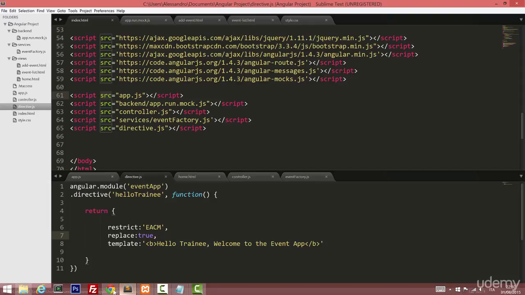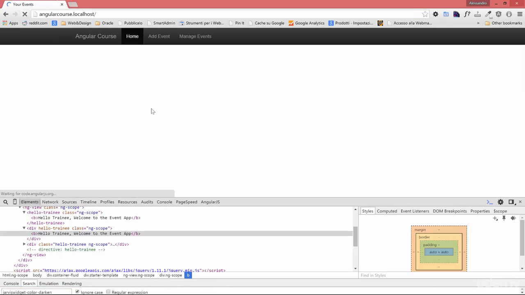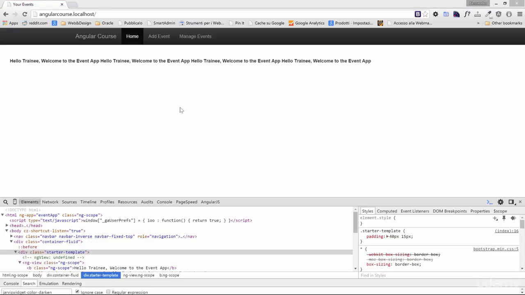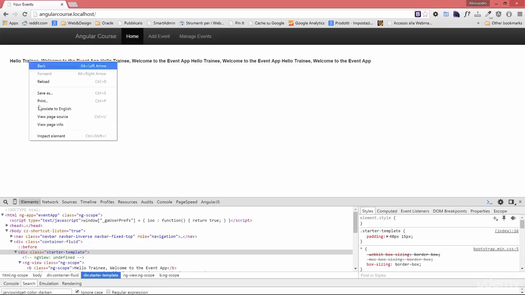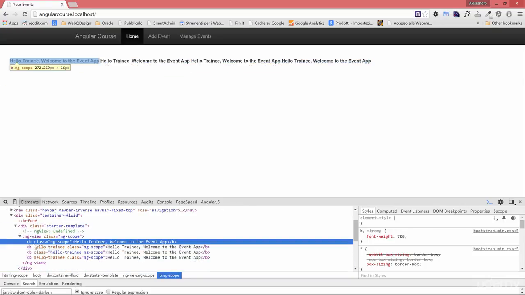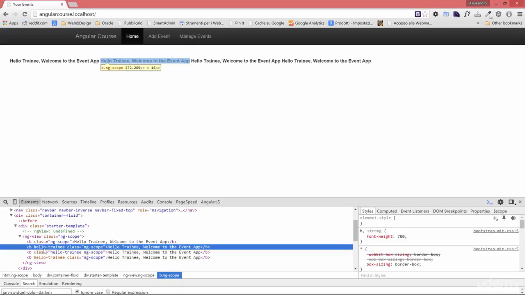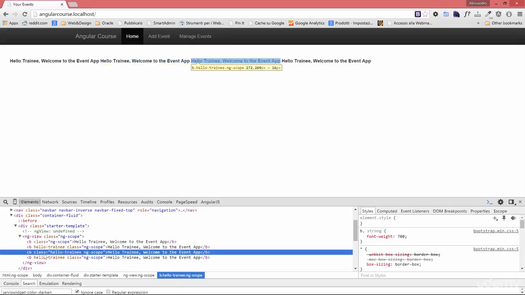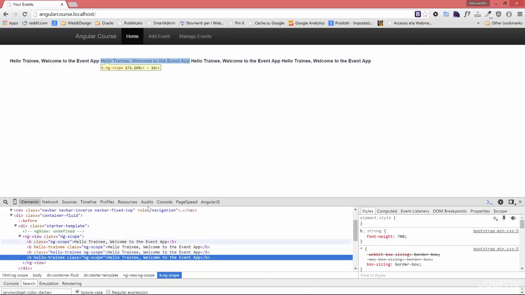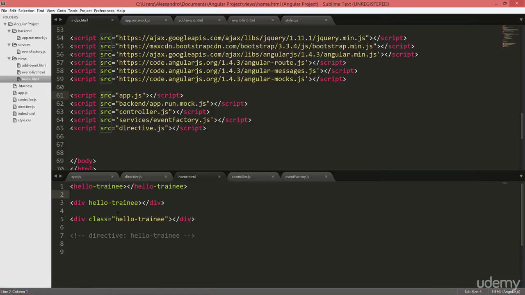So if I save that, this time I'll see also my comment directive because I'm replacing a comment with a proper DOM element. But now my UI is all messed up because, as you can see, we have just a set of bold text. We have the first one, we have the second one with the attribute type, we had the third one with the class directive, and the fourth one which was a comment, but it was replaced by our template. If you want to stay compatible with HTML5 and prevent some browser weird behaviors, I suggest that you